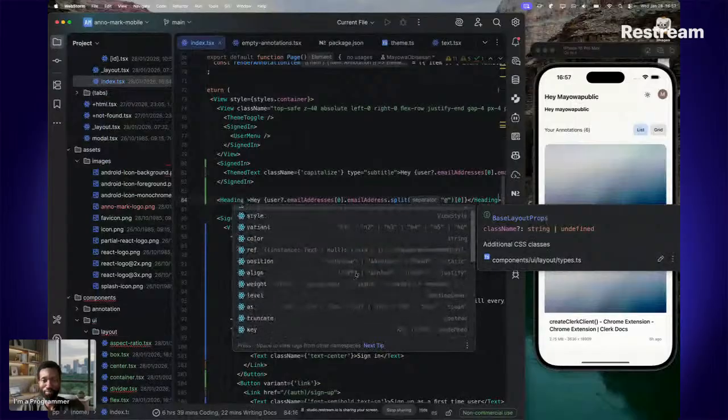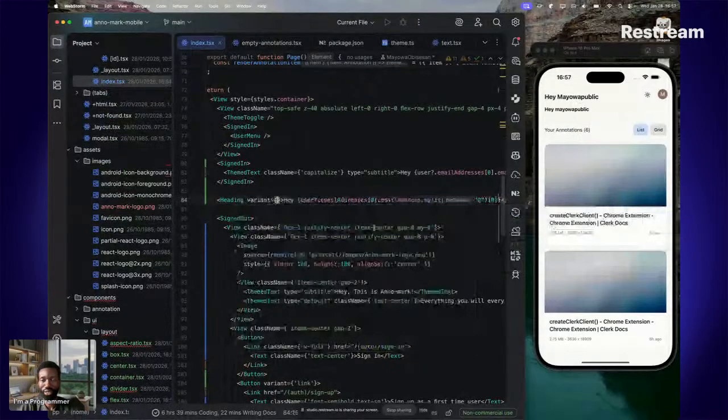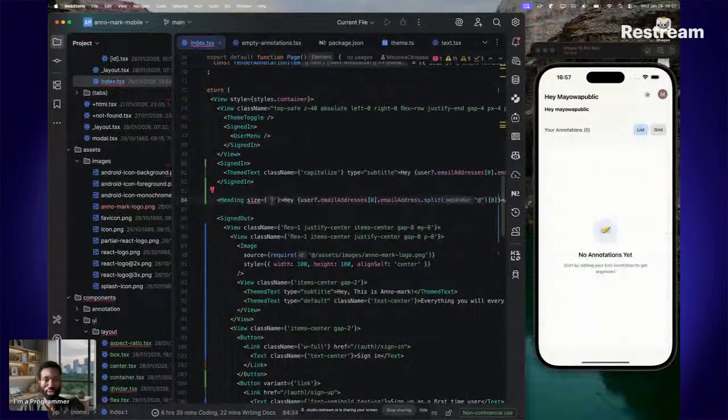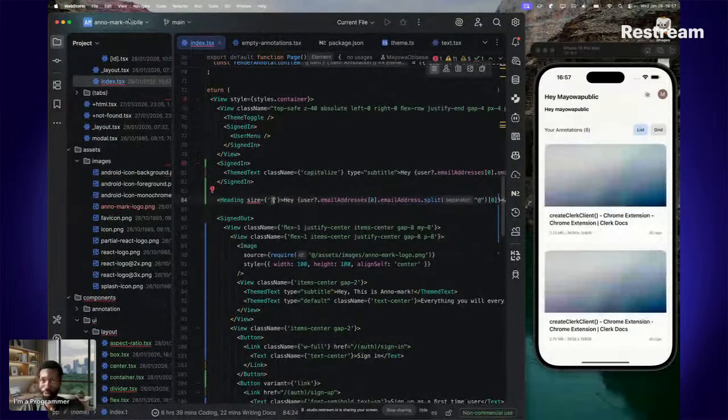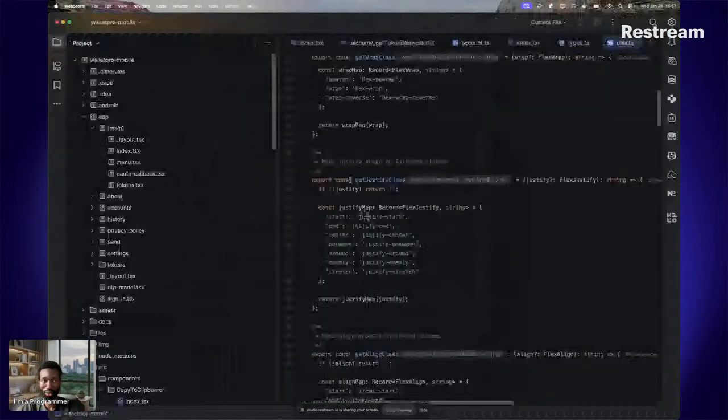So I think there's a variant for it. No, not this one. There's a size. I remember there's a size that I gave it, and I think the size was 7, if I'm not mistaken, that I could use. It's not working. So let me check this quickly. I know I used that here in the settings page,